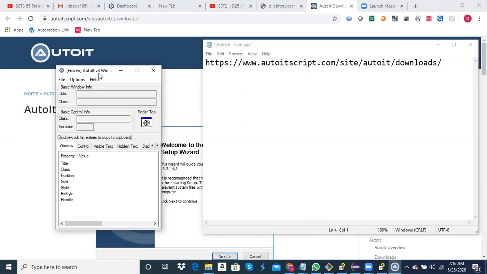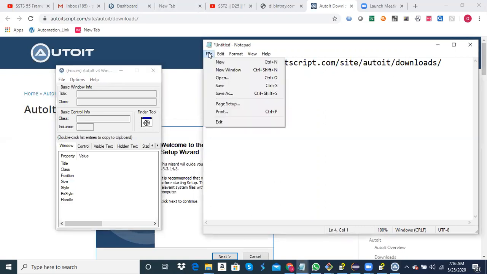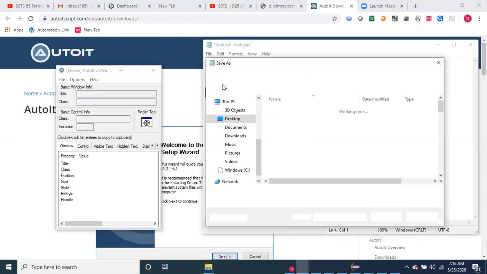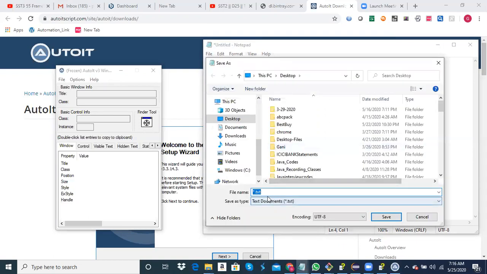Similarly, let's say I want to save, and now I want to type a name here. That means I should know the location here, and I want to click on the save button, so I should know the locator of this button.